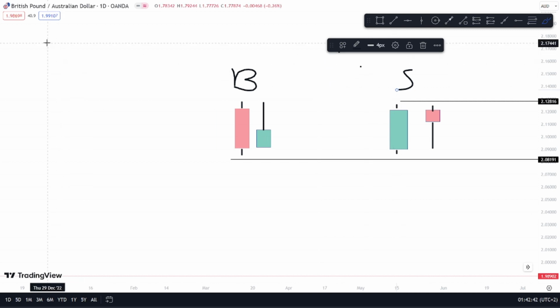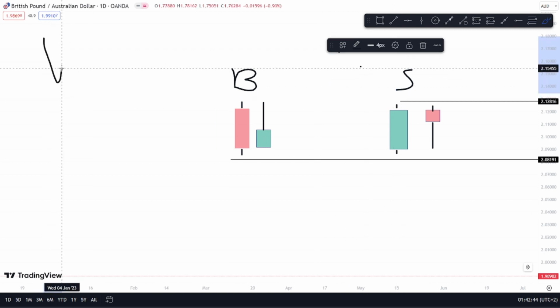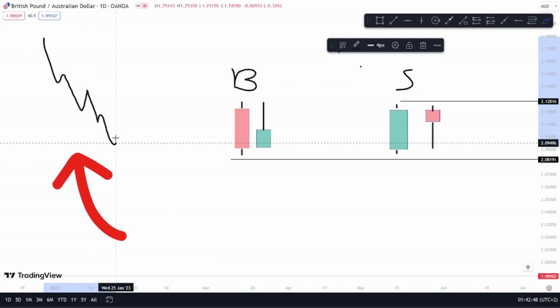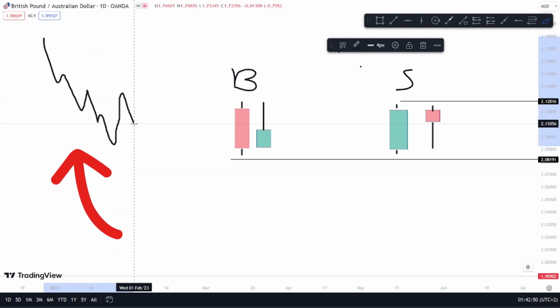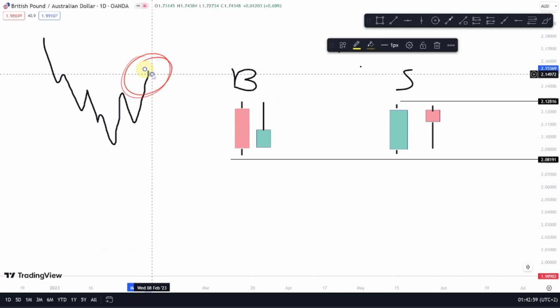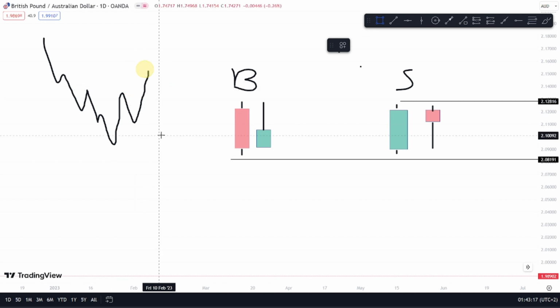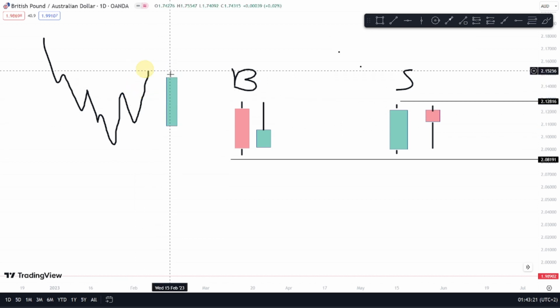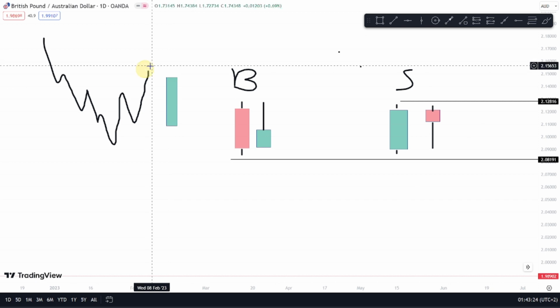An example that I can show you guys is when we have a downtrend, when the market is moving in a downtrend like this, and all of a sudden you see that price is breaking structure and giving you higher highs and higher lows. You want to avoid buying when price is high. This whole move right here represents a bullish candle, meaning that price pushed all the way up and closed very high. So you do not want to buy when the market is like this, because what's going to happen